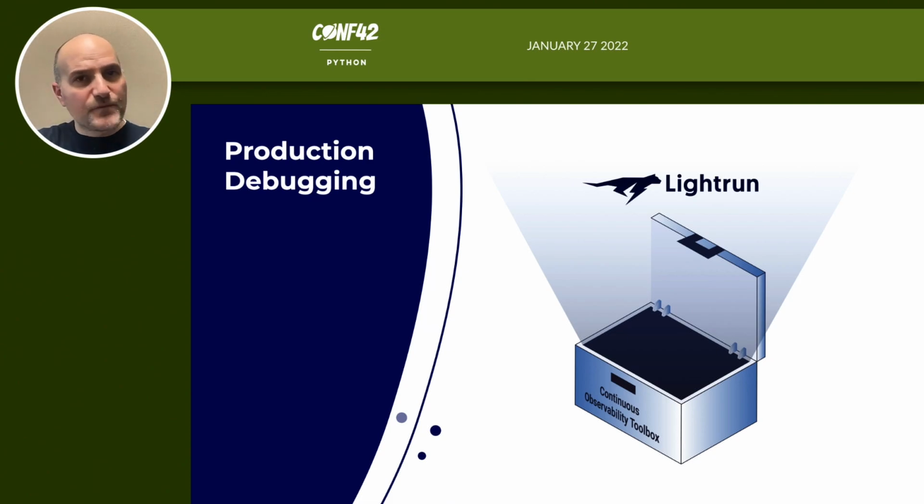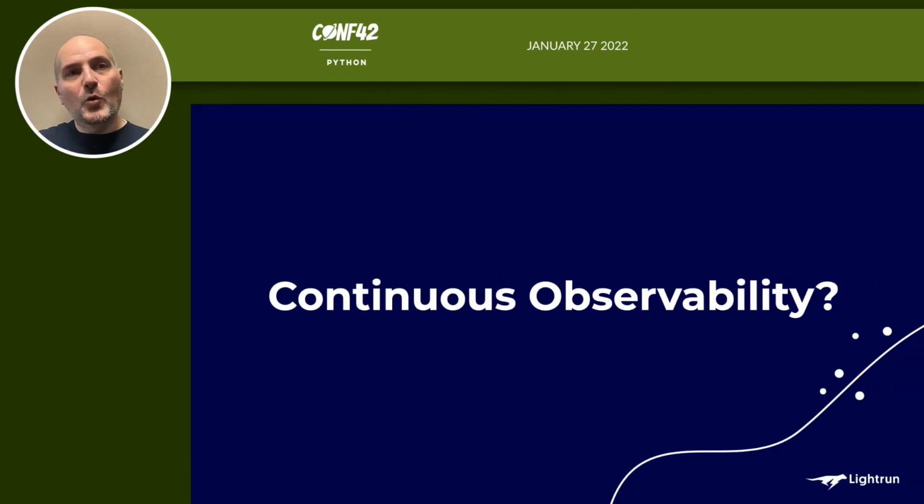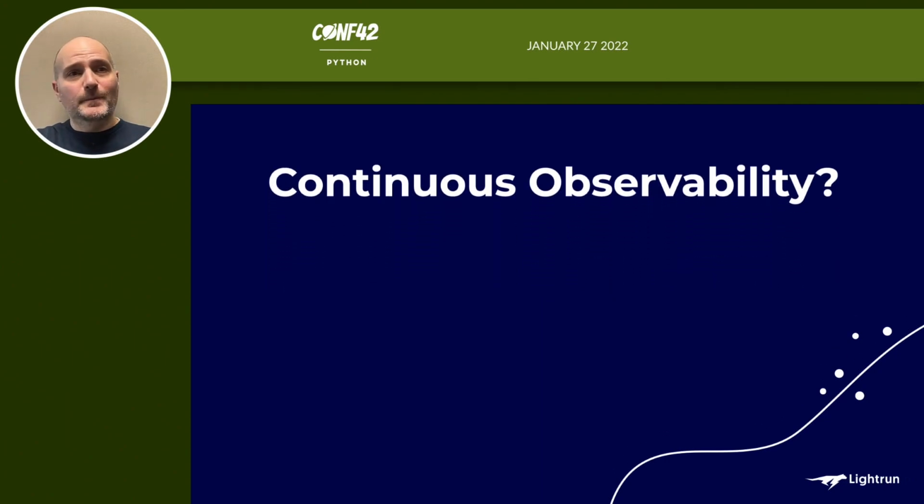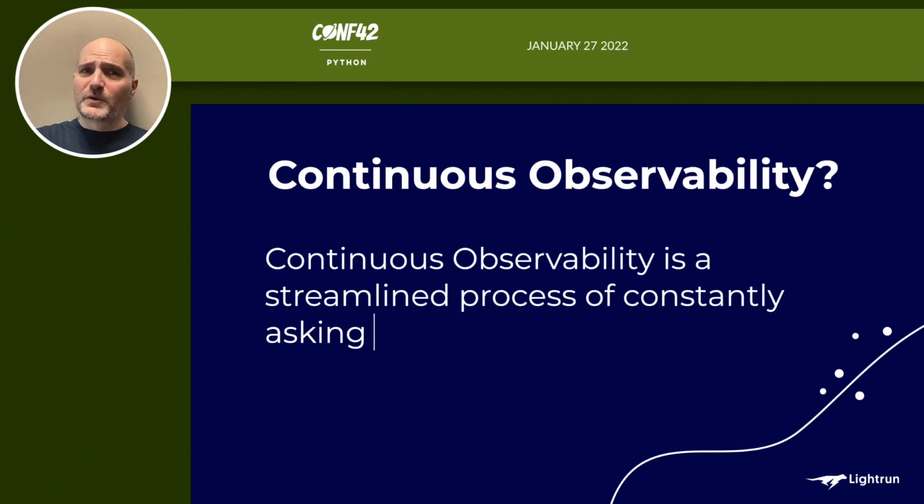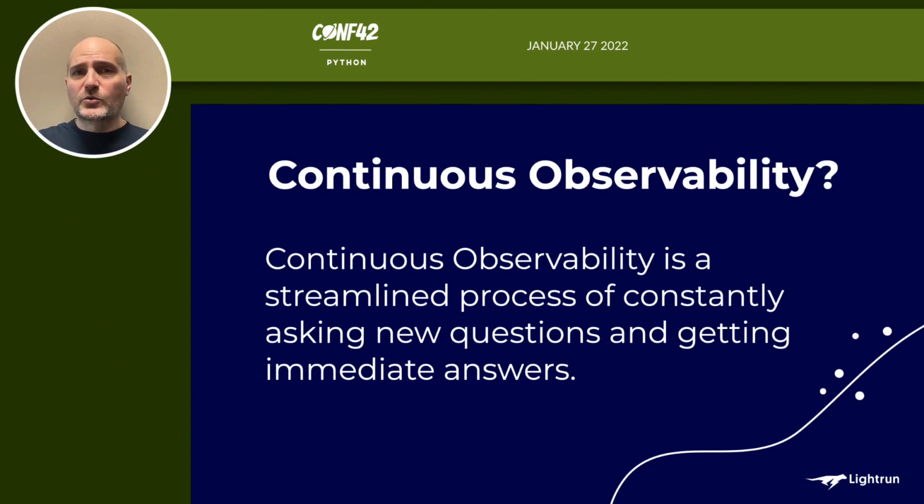It works very differently. Before we go on, I'd like to explain what's continuous observability. Observability is defined as the ability to understand how your system works on the inside without shipping new code. The without shipping new code portion is key. But what's continuous observability? With continuous observability, we don't ship new code either, but we can ask questions about the